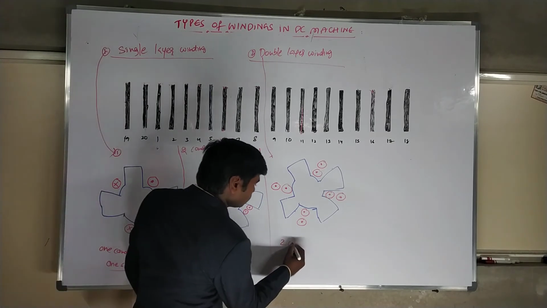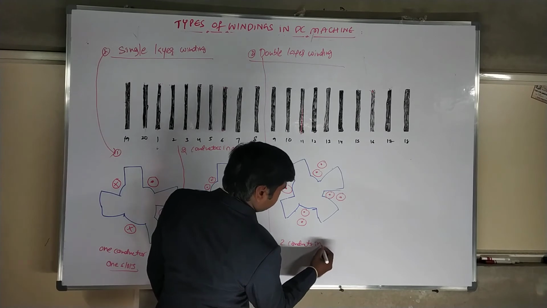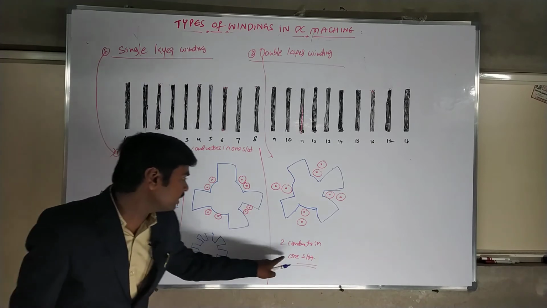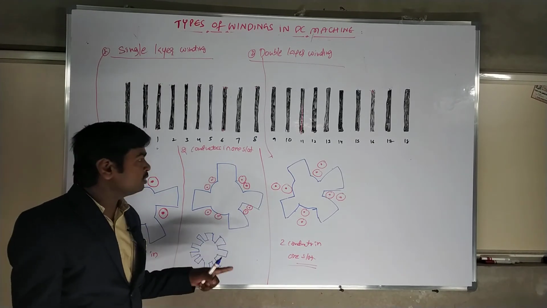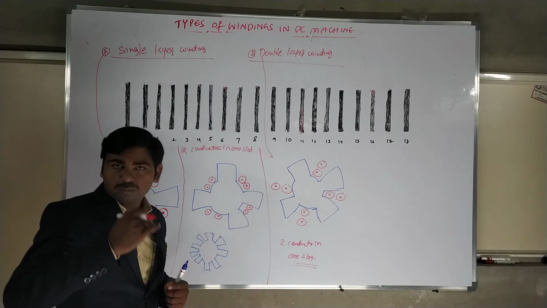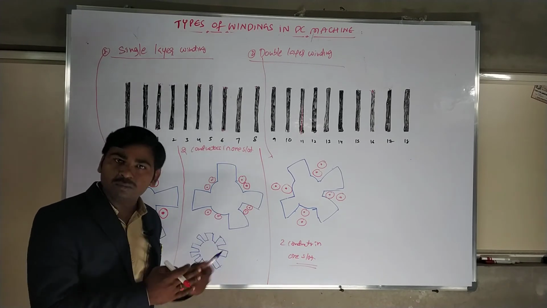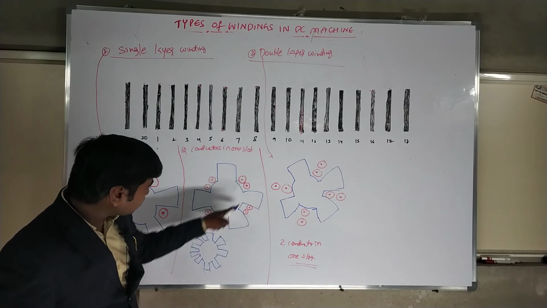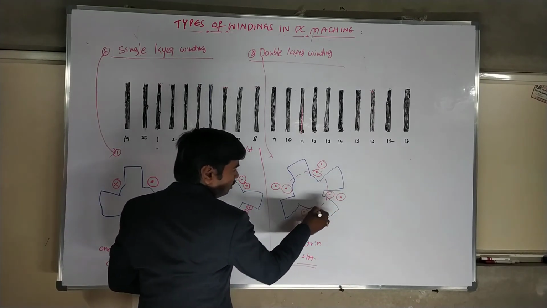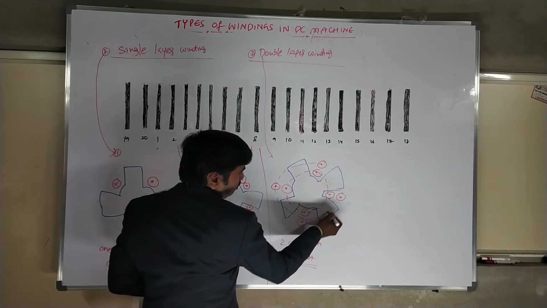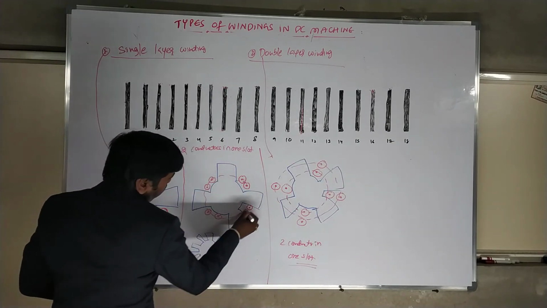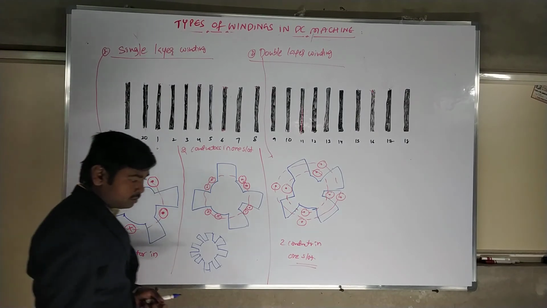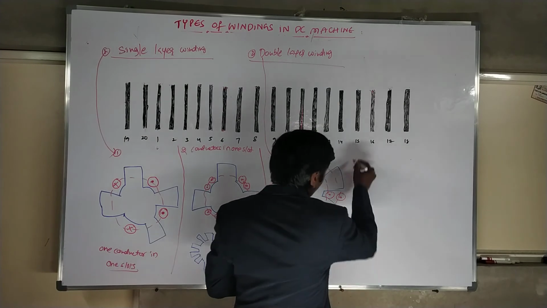Here also two conductors in one slot. Am I clear? This is a very confusing question in interviews. Don't think that two conductors in one slot is double layer. No. If the interviewer asks what type of winding and how the design should be, two cases are possible. It's a very interesting interview question. It's clear: this is only a single layer. In a double layer, one conductor possesses one layer and the other possesses one more layer, two layers. But here, all are only one layer.